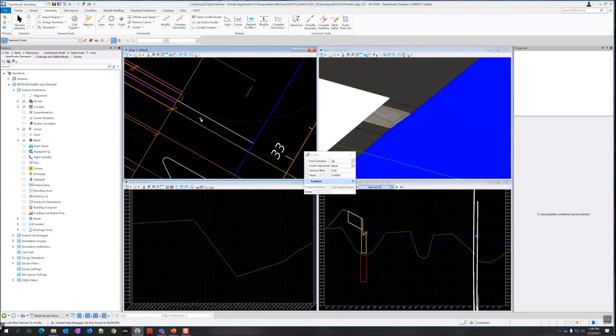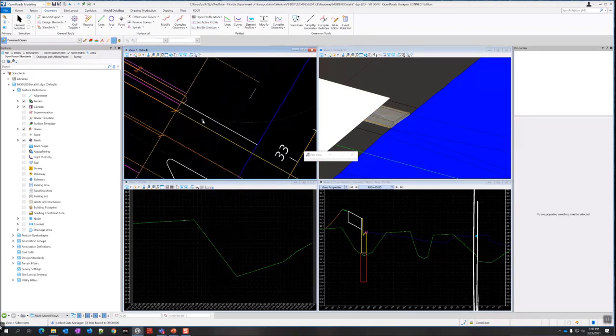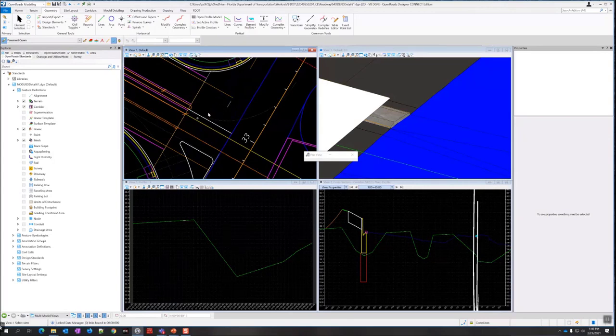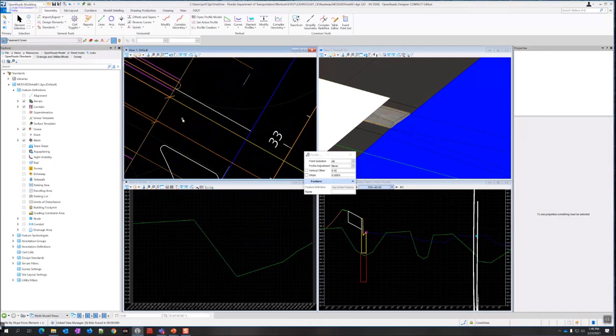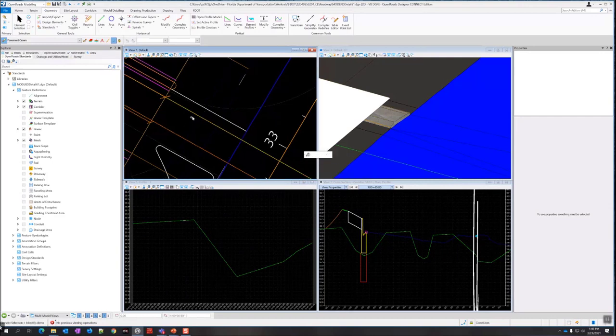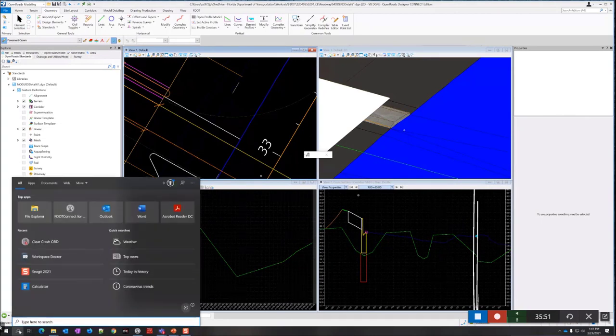Doesn't act like it wants to let me select anything. All right, I'm going to have to close out of it already. It's acting up.